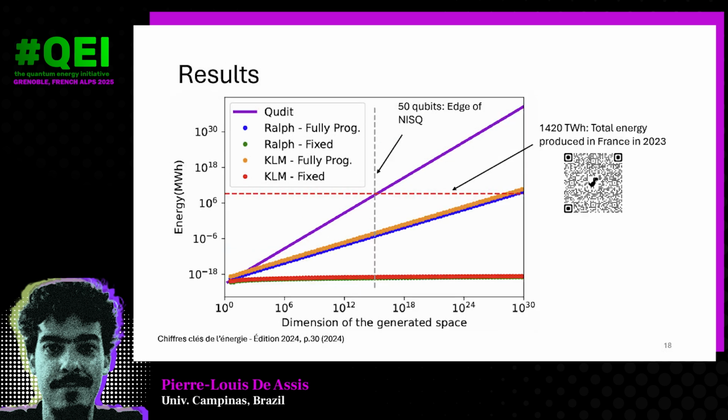So let's extrapolate it a bit, and let's go to higher dimensions. You see, I put here 2 lines. The vertical line shows us the beginning of, let's say, the NISQ region, where this corresponds to 50 qubits. Okay, so it's where you are no longer able to write down your quantum state on any currently available computer. But there is a red line here, and what does this red line mean? It's the total energy production of France in 2023. So, yes. If you want to work with 50 qubits, you will basically need to store the whole energy production of France in your photonic circuit, which will be huge, by the way, because here we are talking about 10 to the 16